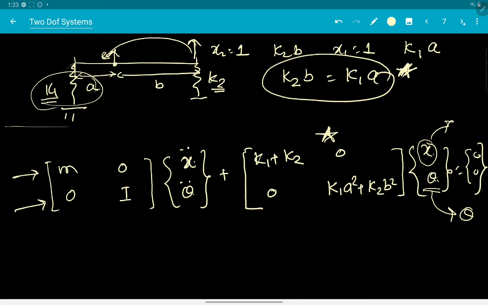So x and theta are completely indifferent to each other. So you can treat these as two different single degree of freedom systems and solve those in the typical way as we have been doing so far. Okay, and however in the present case, when these two terms are not identical, then what we see is we are having a coupled set.